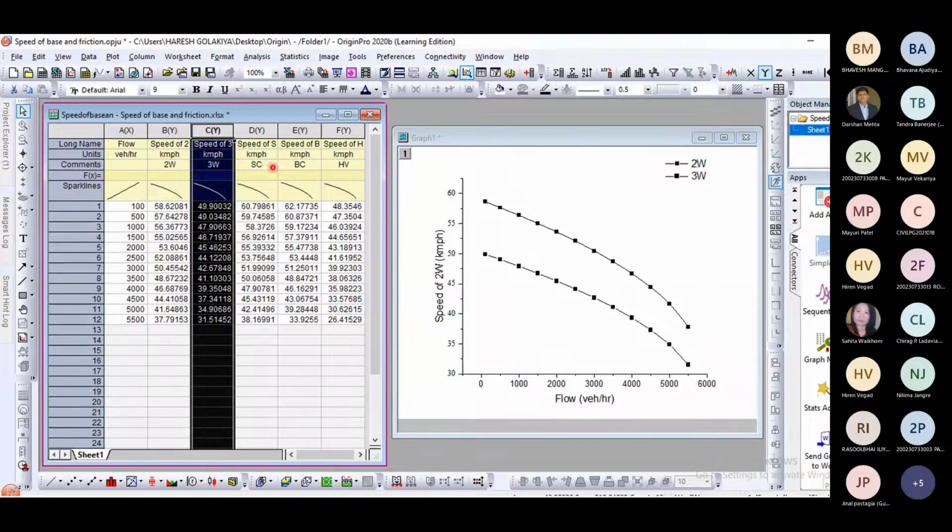Right? Now I will add the remaining also. Here in this data, these are the speeds of different categories of vehicle at different flow levels. I want to compare this at different flow levels, what is the change in speed of different categories of vehicle. So for that, this graph has been plotted.